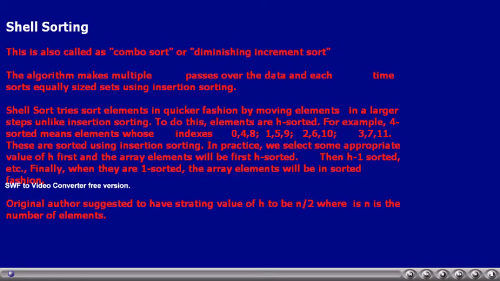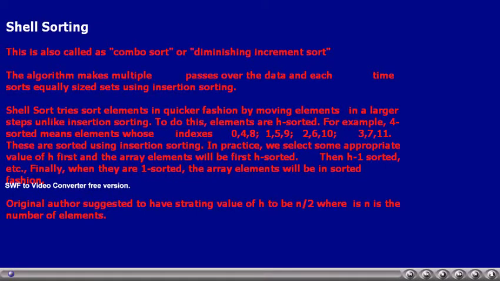The shell sorting technique is also called comb sorting or diminishing increment sort. Unlike insertion sorting, here the algorithm makes multiple passes over the data, and each time data is divided into sets and they will be sorted using insertion sorting.